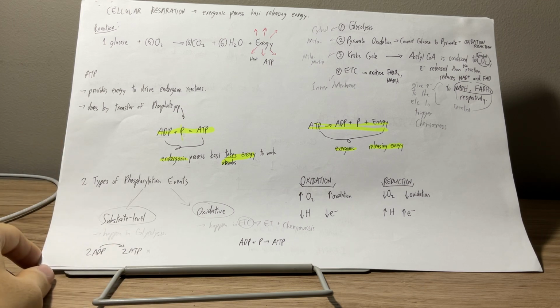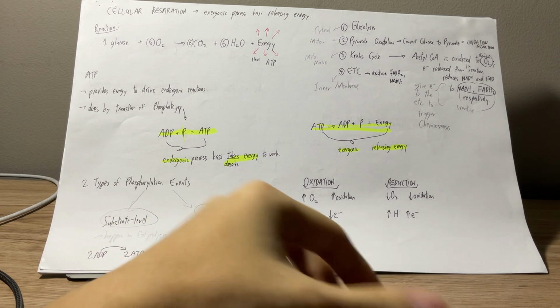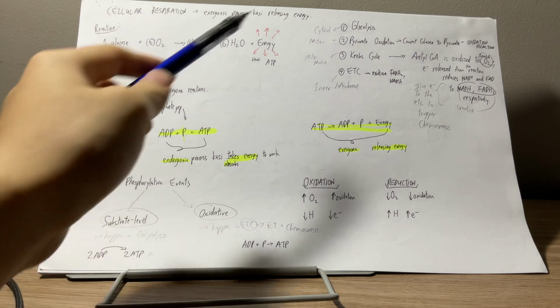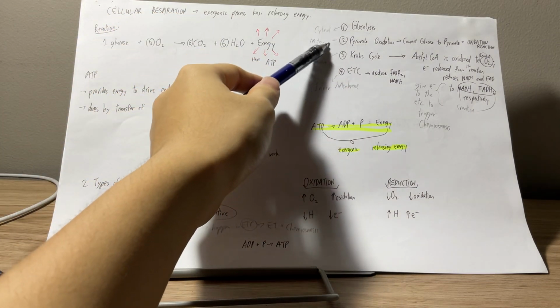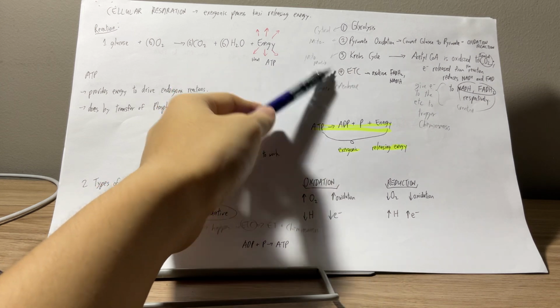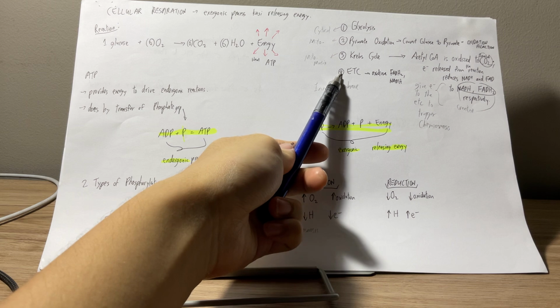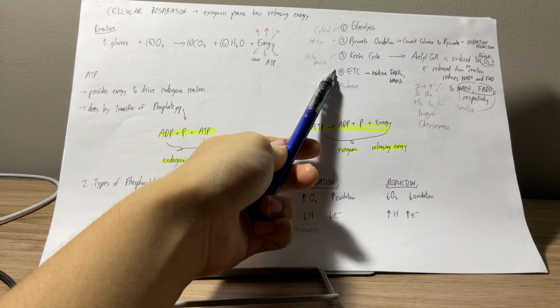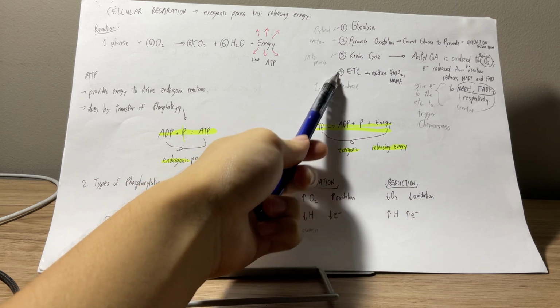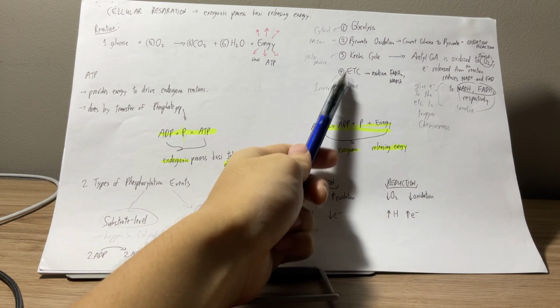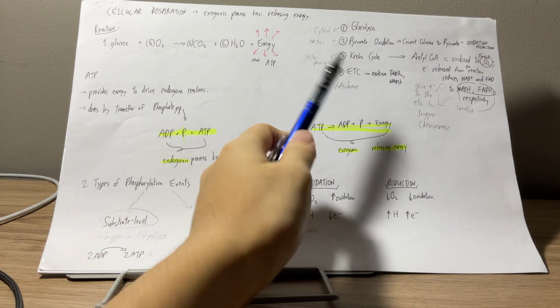I guess I wrote a separate page to reiterate certain important points regarding the lesson on cellular respiration. So again, you have 4 steps: glycolysis, pyruvate oxidation, Krebs cycle, and I guess the more relevant way of referring to stage 4 is oxidative phosphorylation. That basically consists of ETC and chemiosmosis.